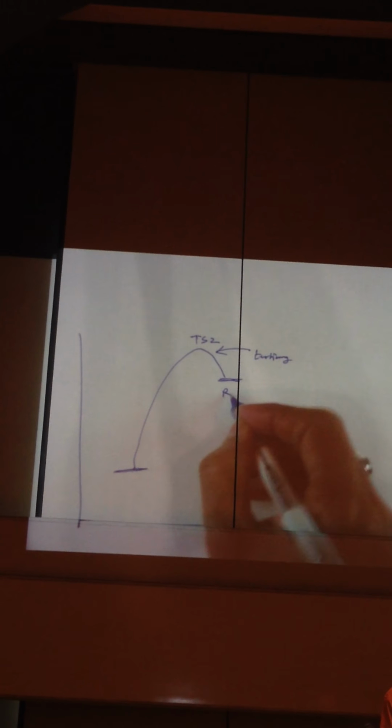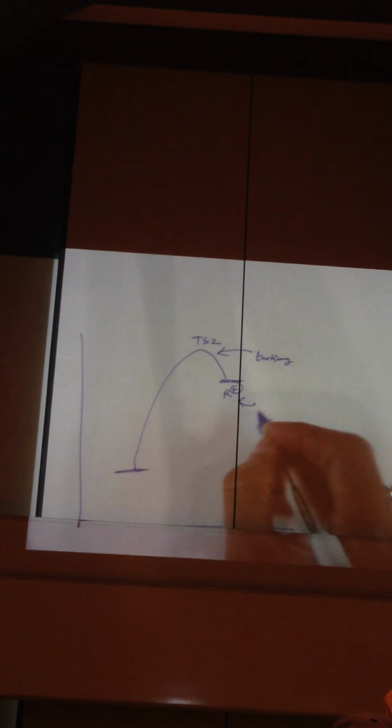So the R plus is a tertiary carbon here. The secondary would be higher. And this is the secondary. And the primary would be even higher. So essentially then, it becomes more and more difficult